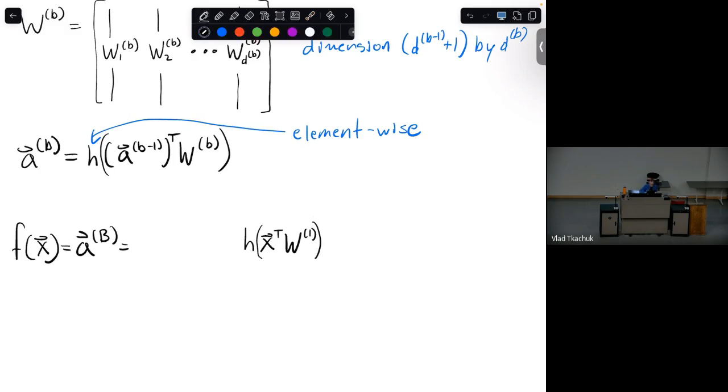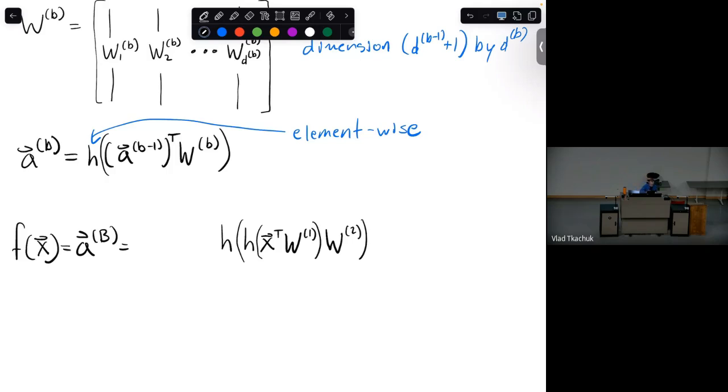What do you do with that thing? It turns out this will be a row vector because this is applied element-wise, and if you look at the dimensions, you don't need a transpose is all I'm trying to say. You then take the linear function with the next layer's weight vectors, so this would be this weight matrix, and then you apply an activation function on that. This is the activation vector at the second layer.